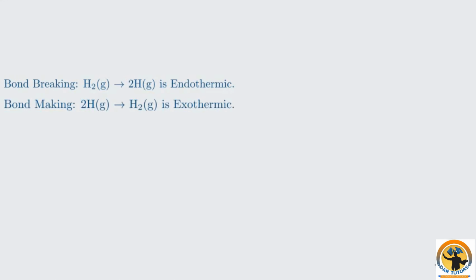Its reverse, bond making, must logically be exothermic. When atoms come together to form a bond, energy is released into the surroundings because they are settling into a more stable, lower energy state. This fundamental principle, that energy is absorbed to break bonds and released to form them, is the basis of our entire discussion. Now, let's look at this principle in more detail using molecular orbital theory, which provides a deeper understanding